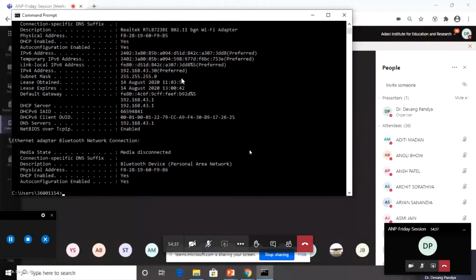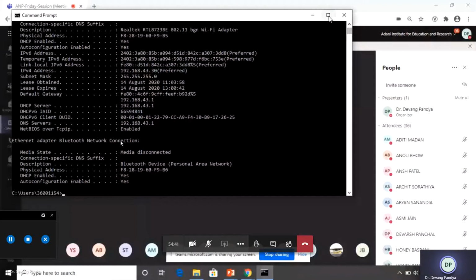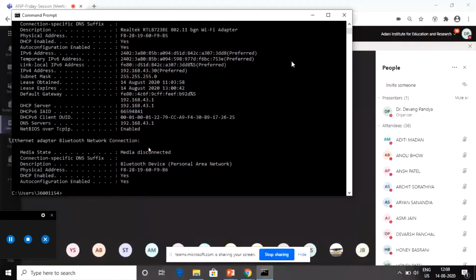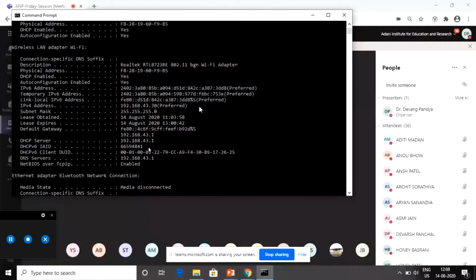Right now on this machine you can see various IP version 6 addresses. On one adapter, that means one interface, you find more than one IPv6 address.